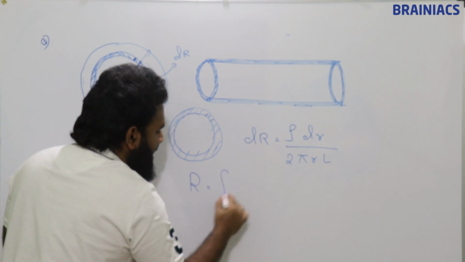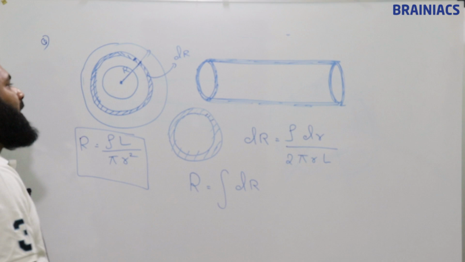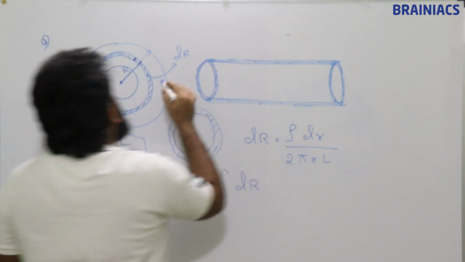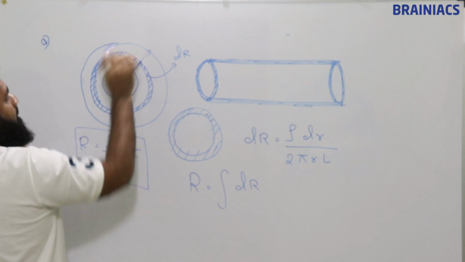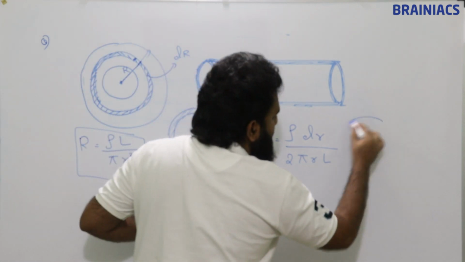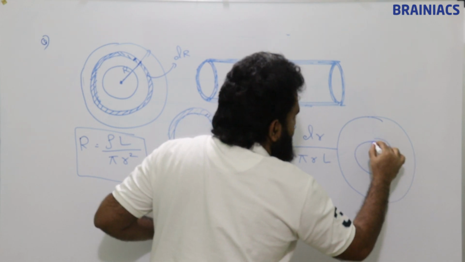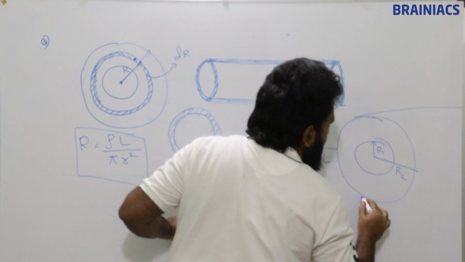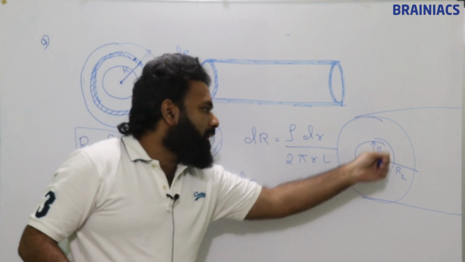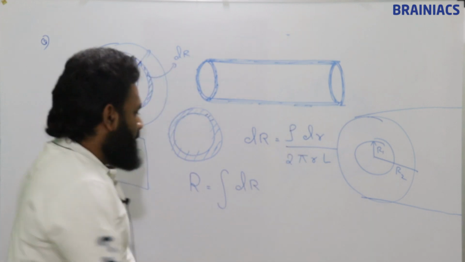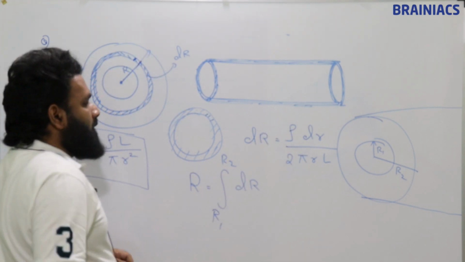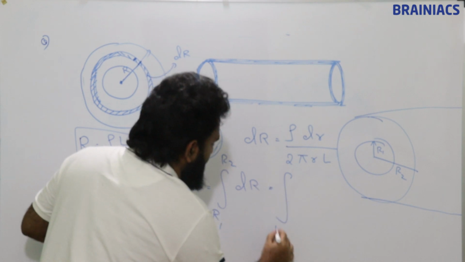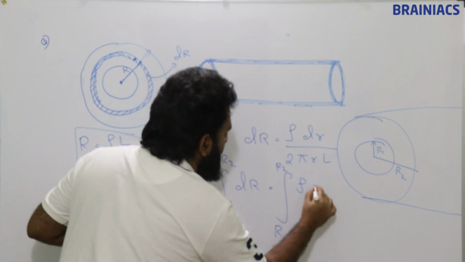R is equal to integral dR. From where to where? Initial diagram, do you remember? I will draw it. Its cross section was like this. This radius was R1 and this radius was R2. Till R1 it is hollow. So from R1 to R2. Now we will put it here and we will integrate from R1 to R2 rho dr